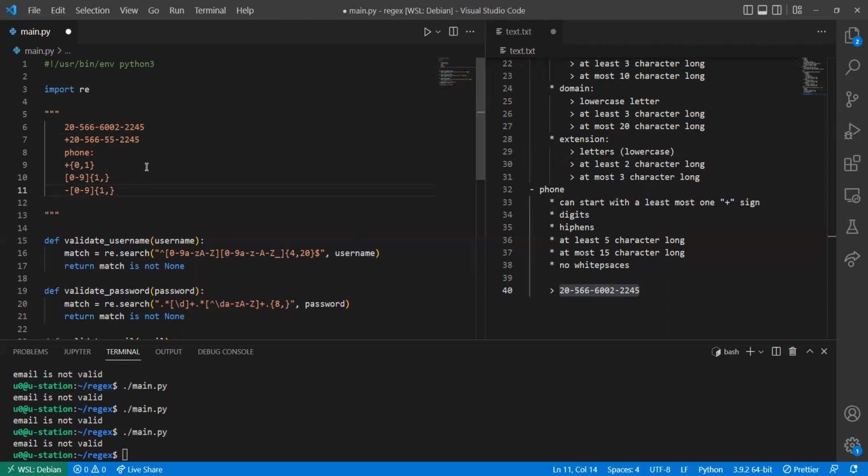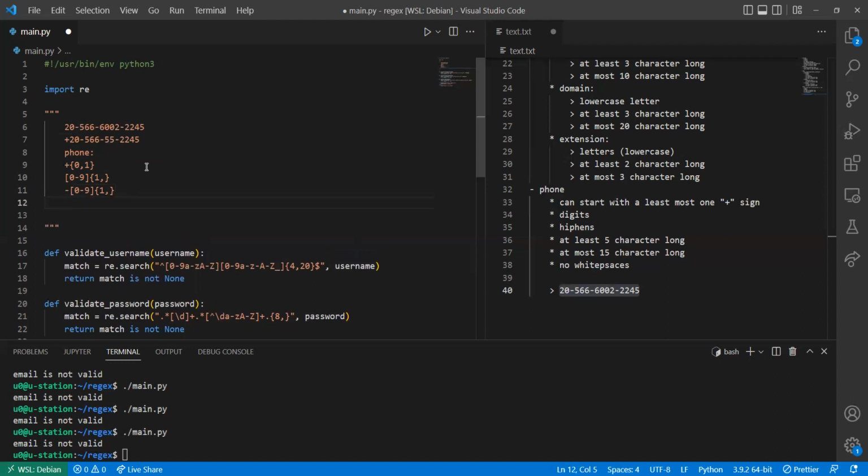There should be one number at the end or more. Then it should also end with a number. So that way we can say 0 to 9